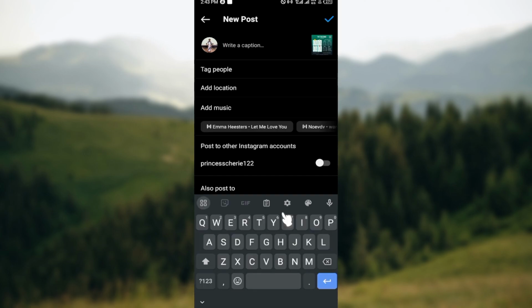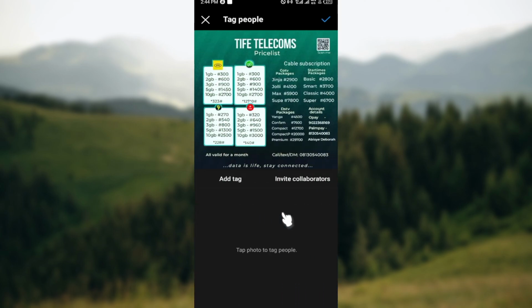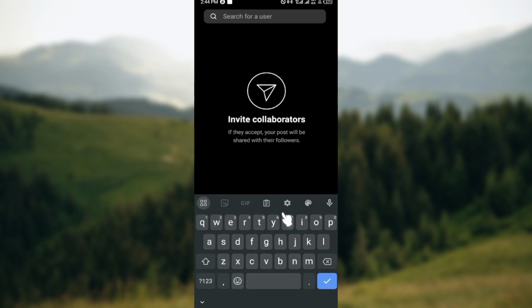to write a caption. So you can just type something like get your data and then click on tag people. All right, yeah, so after clicking on tag people, you'll be brought to another page. So on this page you can see two options: add tag, invite collaborators. So just go ahead and choose invite collaborators and then go ahead and search out those that you would like